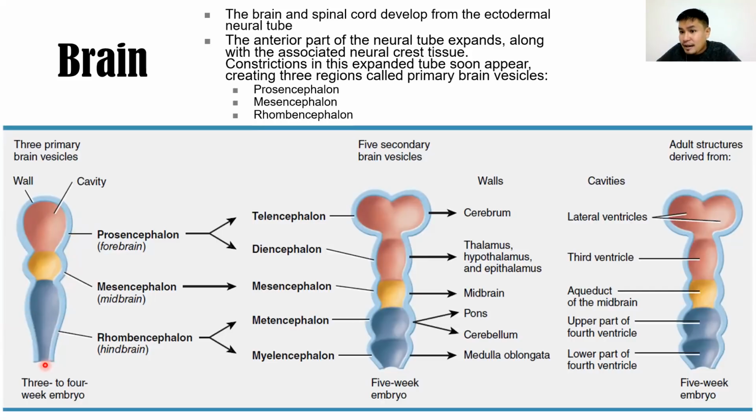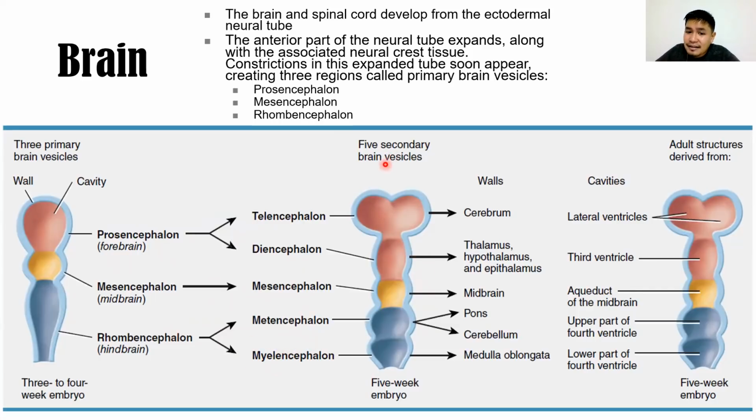The vesicles, 3 to 4 week embryo, no? So this is your brain na. This would be your brain. We can divide it into the three primary brain vesicles: prosencephalon, mesencephalon, and your rhombencephalon. Okay? Prosencephalon is your forebrain, mesencephalon is your midbrain, and your rhombencephalon is your hindbrain. And then in the succeeding development, your prosencephalon will further develop into your telencephalon and your diencephalon. Mesencephalon pa rin. And your rhombencephalon will develop and give rise to your metencephalon and myelencephalon,